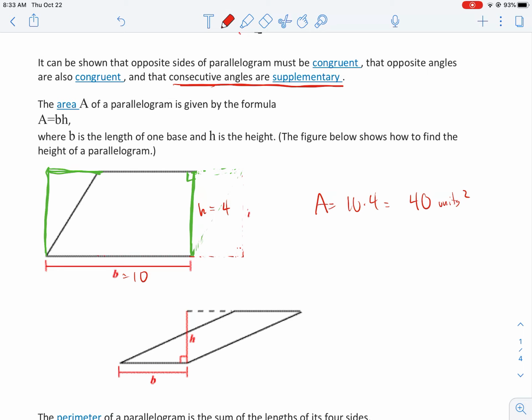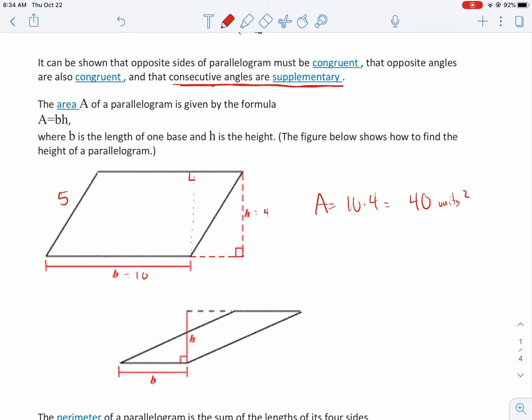Okay, so really when we're finding the area of a parallelogram, we're still really only finding the area of a rectangle, right? Except you've got to remember our height is represented by that perpendicular line created either on the outside or the inside of our